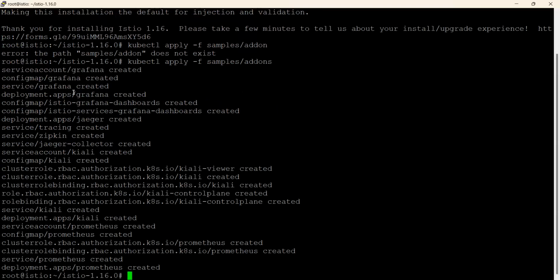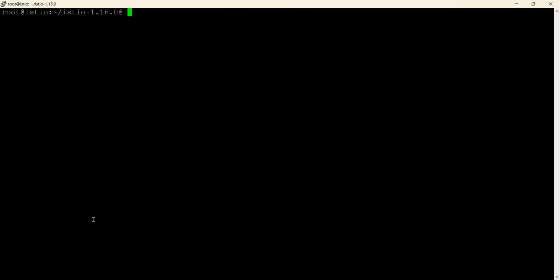Service Grafana, Jaeger, tracing Zipkin, Jaeger collector, Kiali, cluster authorization controller, authorization, Kiali service, Kiali Prometheus authorization. So now where these things have been installed, let's clear it and check this in the Istio